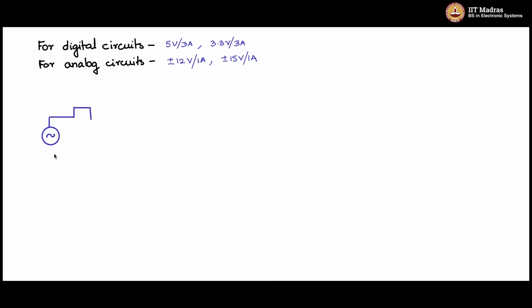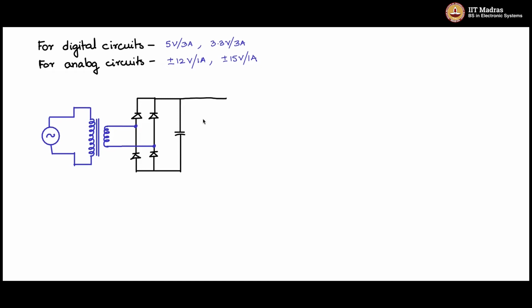So the power is taken from 230 volts mains. So this is a 230 volts mains input, and then it is being passed through a transformer, a step down transformer, because you need to get lower voltages from 230 volts, and the output of the secondary of the transformer needs to be interfaced with the AC to DC converter. And the AC to DC converter, we have just now looked at how it looks like and how to design that. So it consists of a full bridge circuit followed by a capacitor filter circuit,